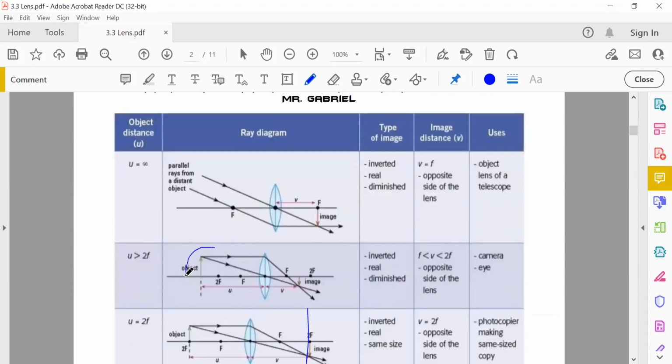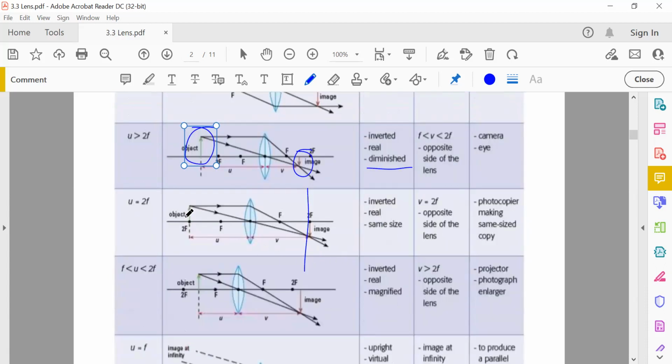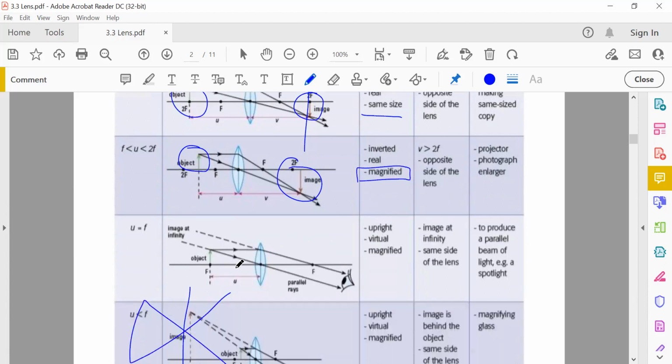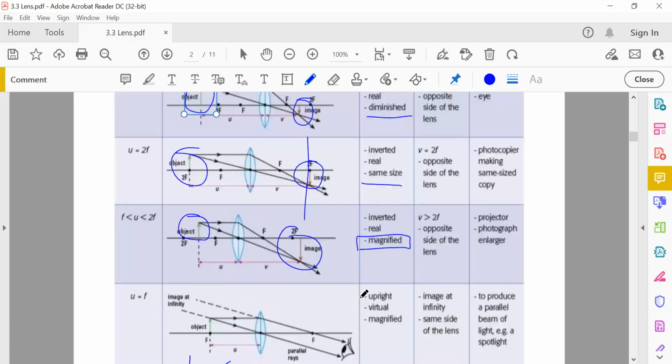For example, you see the object here initially was this tall, then after that the image produced is this small, then obviously the image produced is diminished, right? For example, if here the object and here the image are the same size, then it's going to be the same size. If the object is smaller than the image, it means the image is magnified or enlarged. And same thing for this one as well, object and image here, you can clearly see that it is magnified,